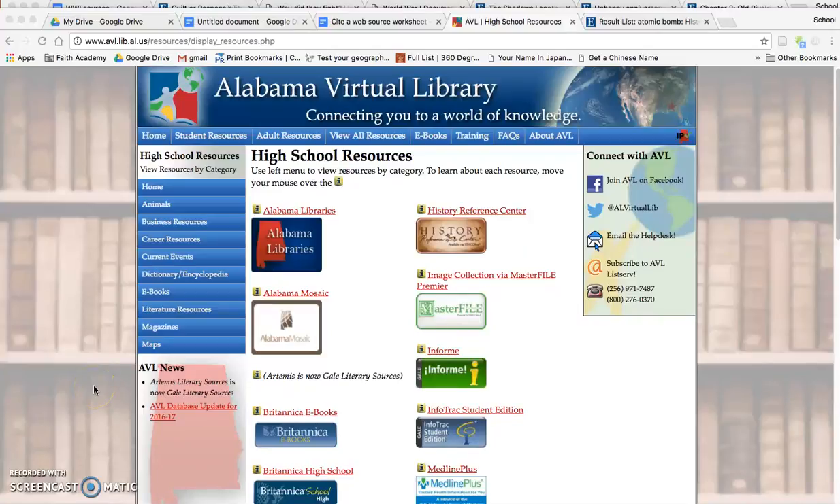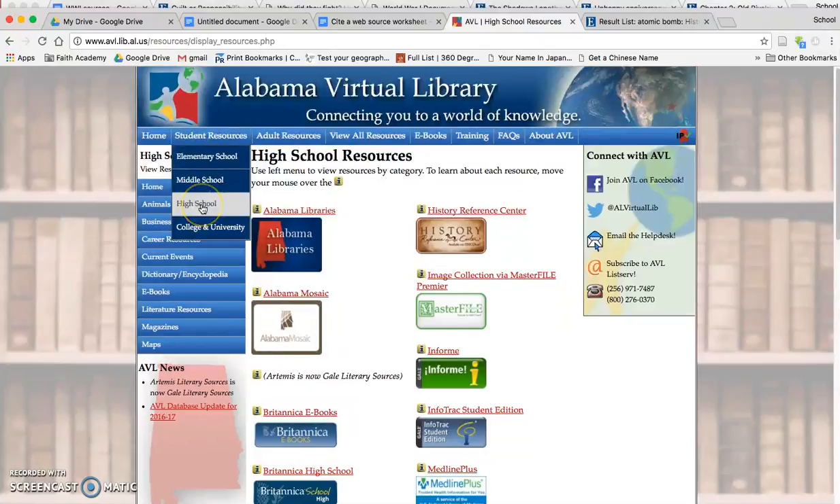All right, I'm going to show you how to make use of the Cite This button. Remember, a great place for sources for any paper, English, science, history, whatever, is the Alabama Virtual Library. And once there, you go to Student Resources, and then you go to Middle School, and all these various options